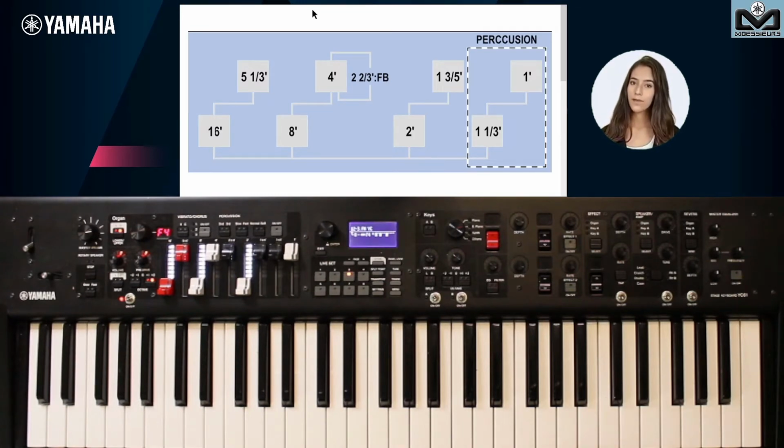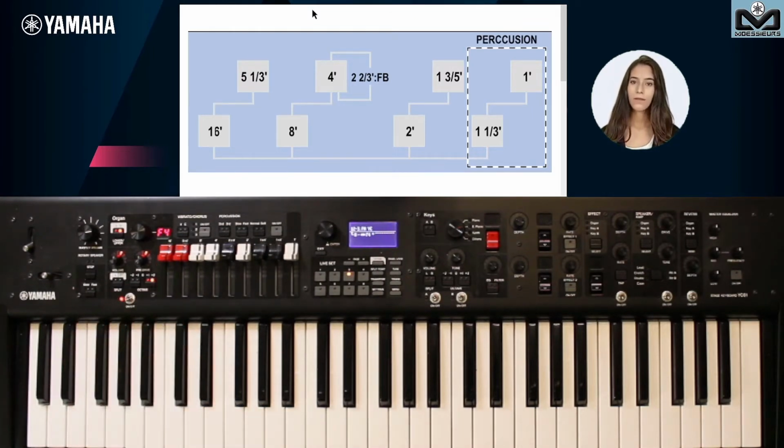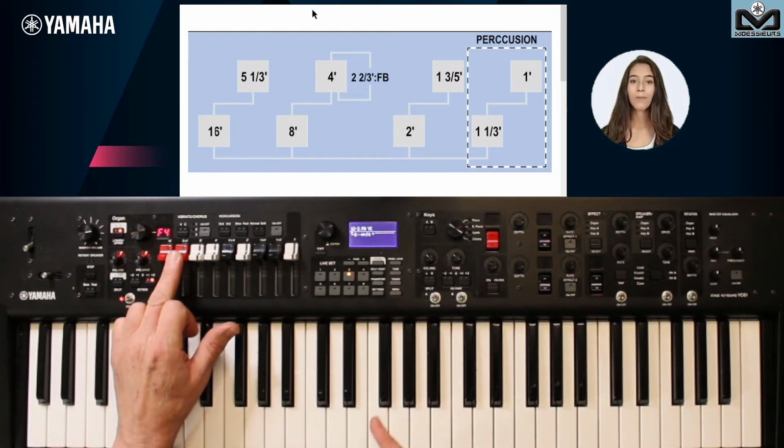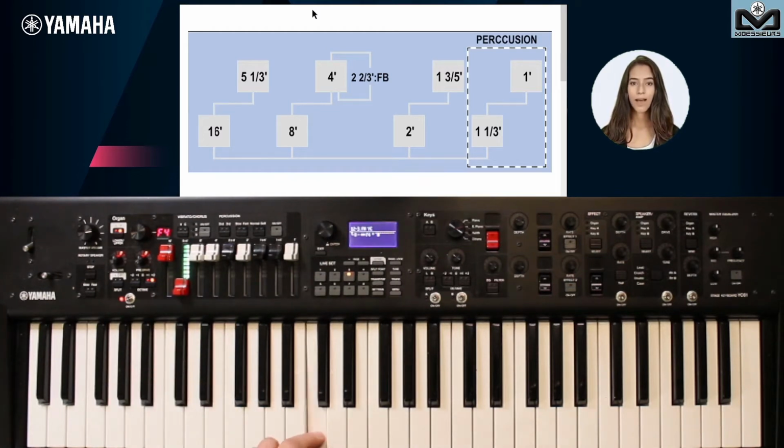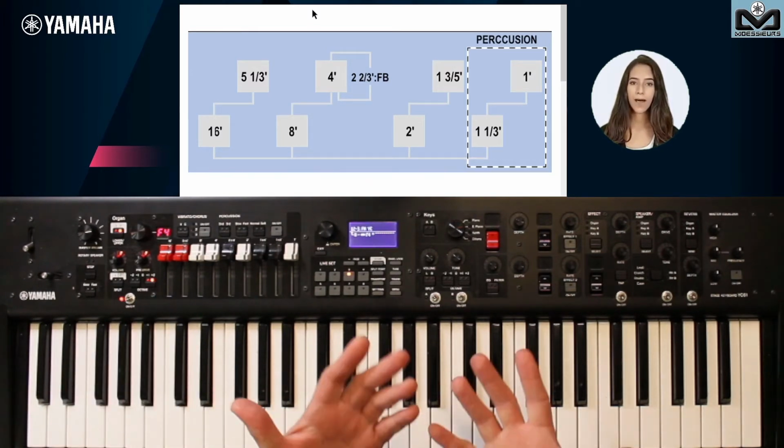The first thing to understand, without going too far into FMX explanations as with Montage, is that a modulator, here the 5 1/3, does not produce sound by itself. There must be sound in the carrier to let the modulator produce sound by modulating the carrier.